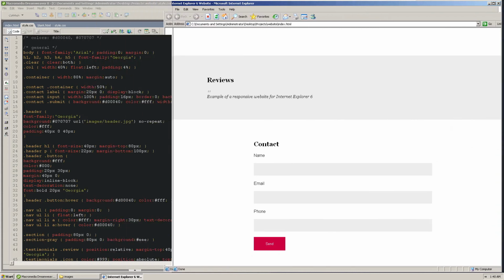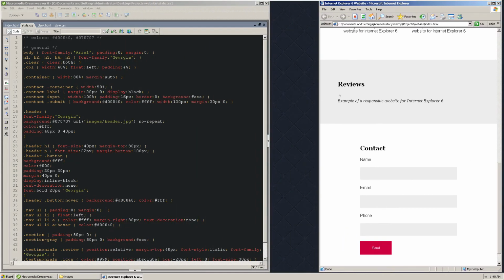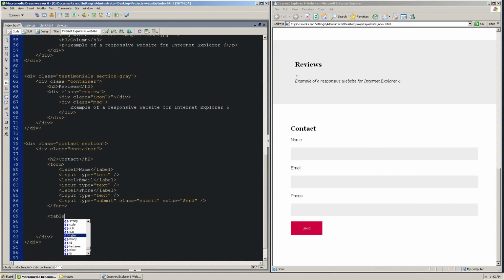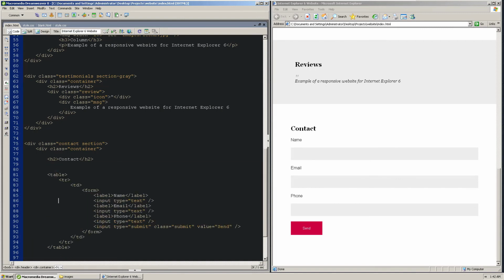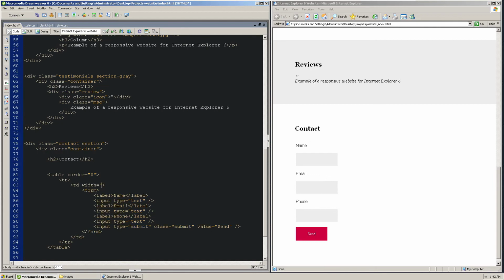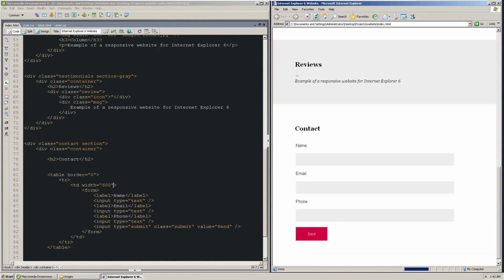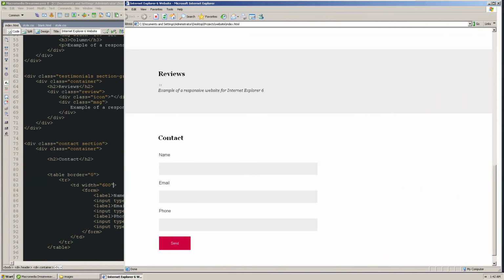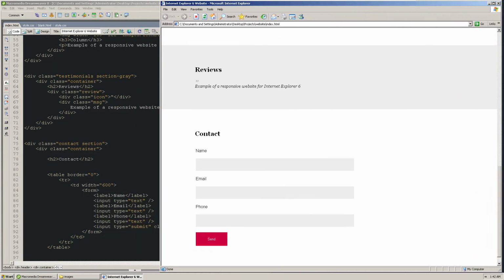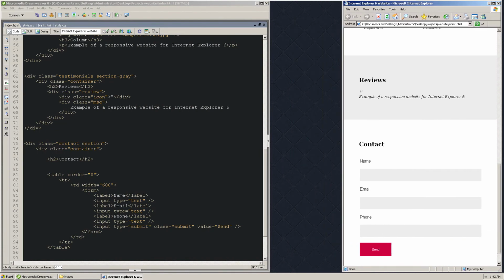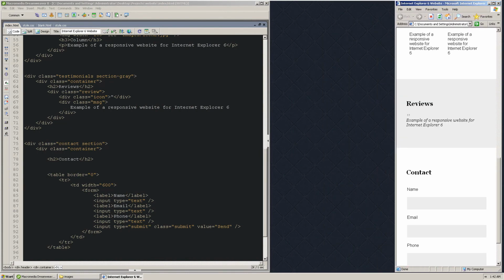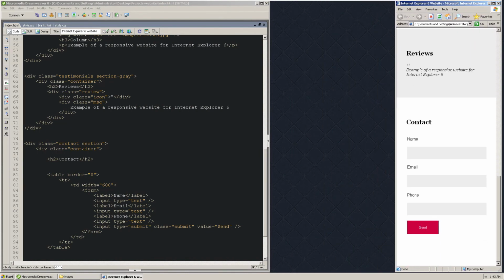There is actually a trick for that if we use a table. Let me show you how. I'll create a table with only one column for this case, and I'll put the form inside of it. The trick will be to set a width for the table cell. So for example, if you wanted something like max width 600 pixels, we will put here width equals 600. And look at that, it's 600, and for devices that are smaller than 600, it will be 100%, which is really cool. It's like using the media queries before it was introduced.